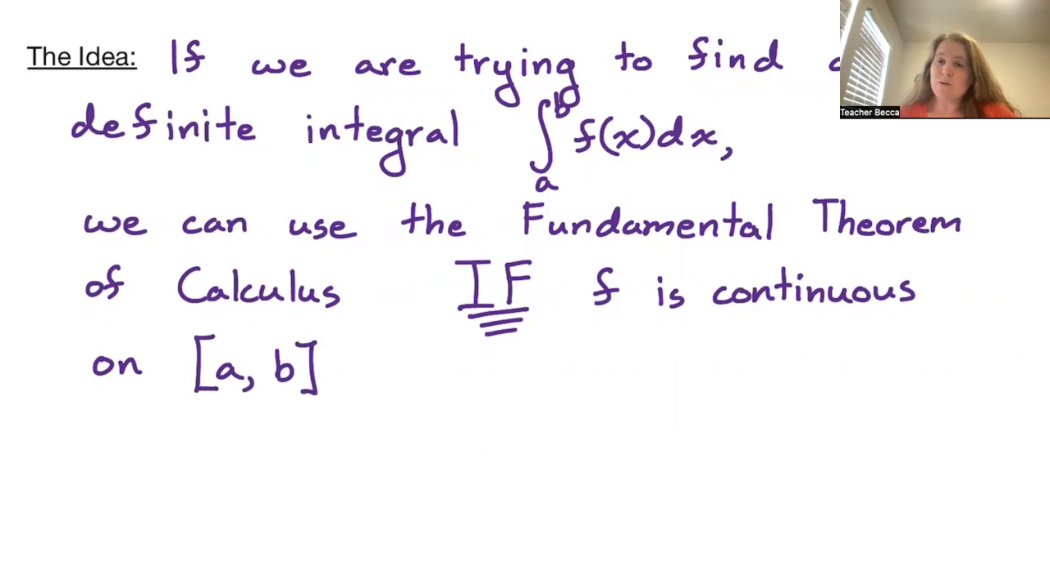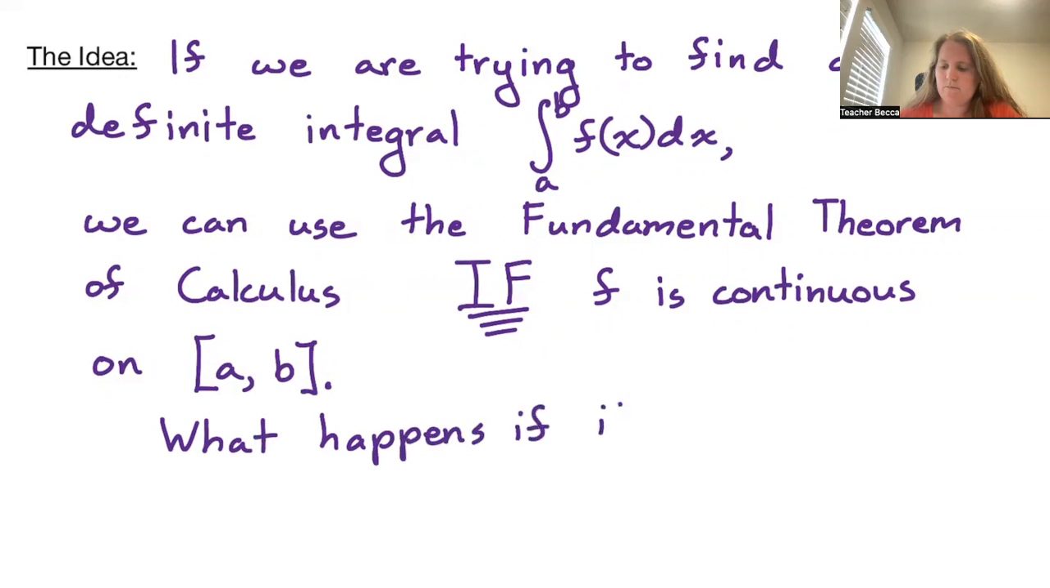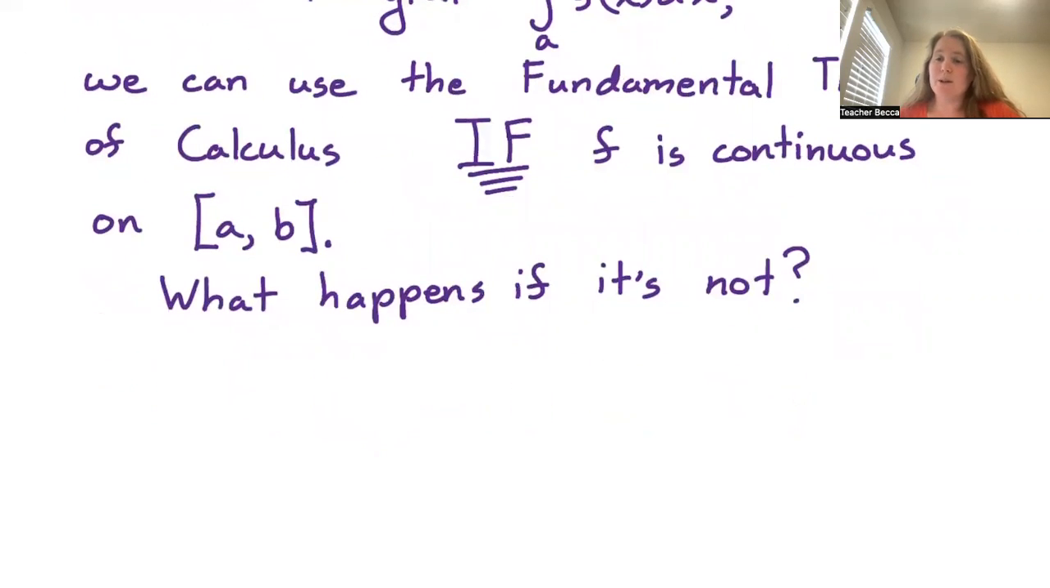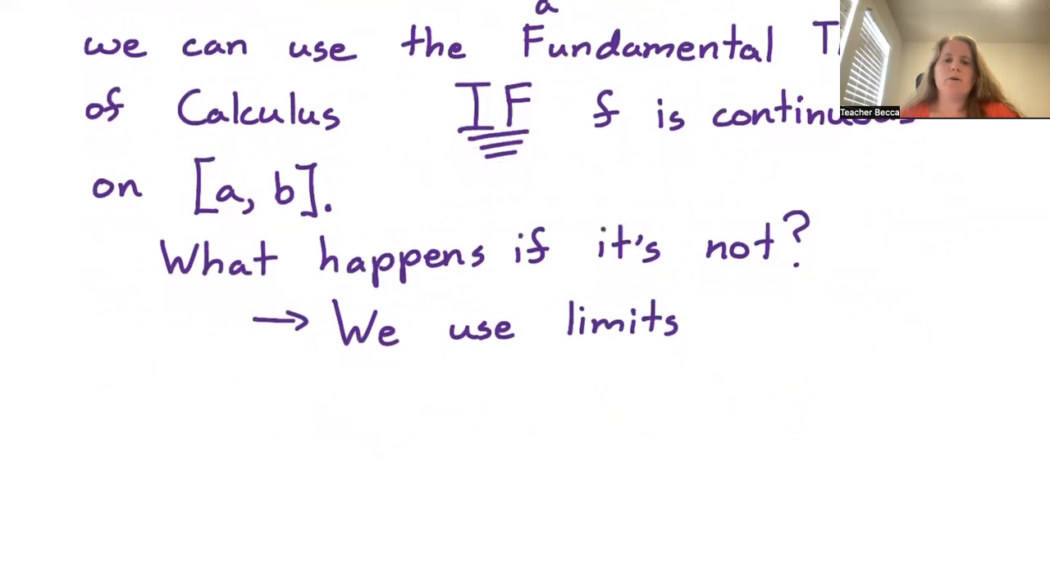So the question is, what if it's not? So what happens if it's not? We get a few particular special cases of what we call improper integrals. And it turns out that we use limits to do our evaluating. So we use limits. So for example,